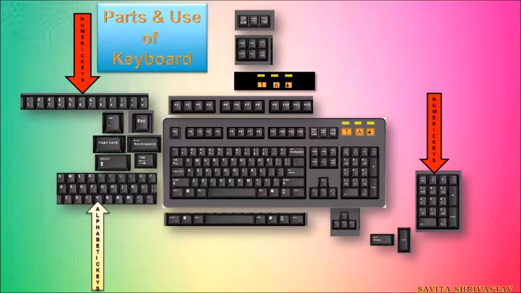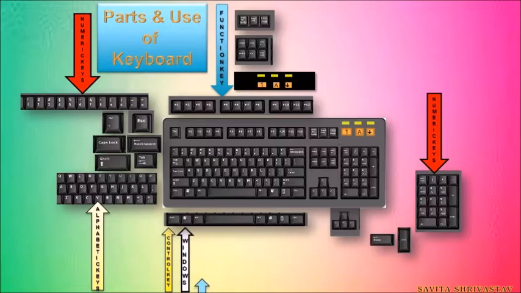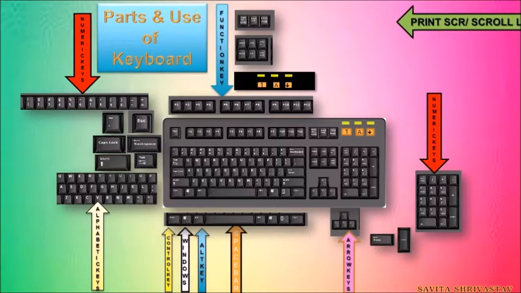Then this is the numeric keypad to type numbers, which is on the right hand side of the keyboard. Function keys, there are 12 function keys from F1 to F12. The Control key is used along with other keys as a control command key. Then the Window key is used to open and close the start menu. The Alt key is also a command key used along with other keys. The Spacebar key is used to leave space between two words while typing. Then these are the 4 arrow keys, up, down, left and right, for moving the cursor.